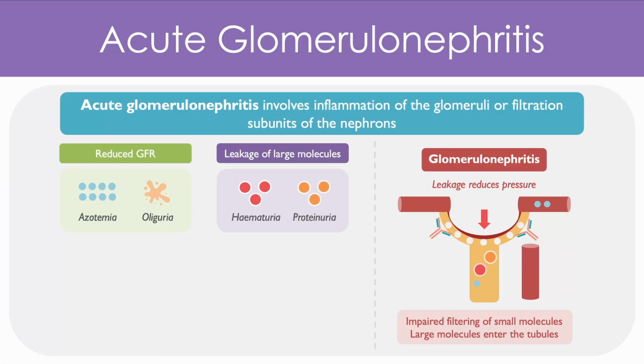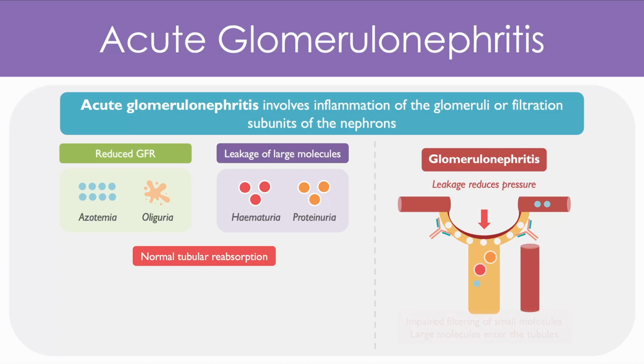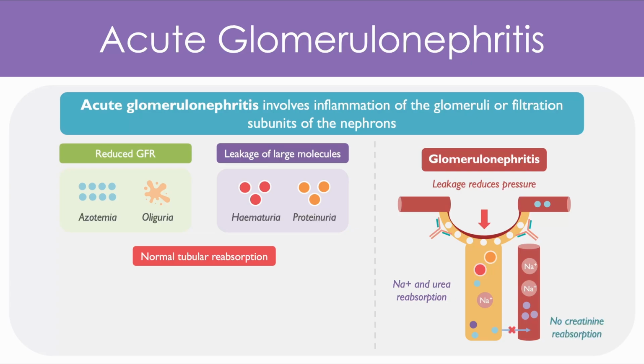Importantly, the tubules themselves are not damaged in acute glomerulonephritis. It's only the glomerulus and the membrane which are affected. To understand the impact of this, we can extend our initial diagram, and we can see that the reabsorption of both sodium from the tubules, as well as the reabsorption of urea, is not impaired by this process. On the other hand, molecules such as creatinine are not reabsorbed into the blood at all,